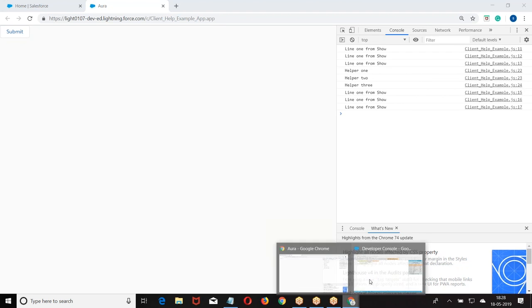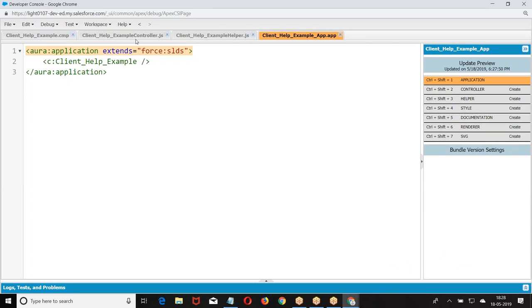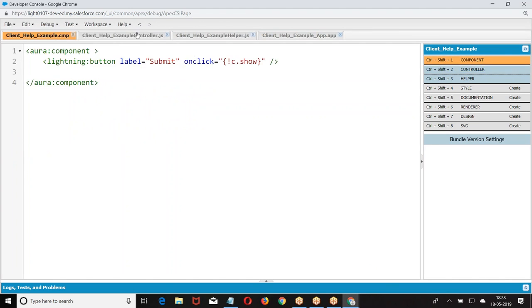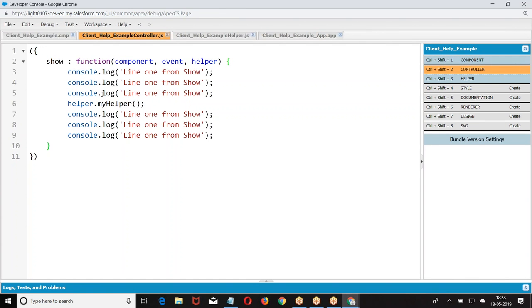Now, the second point here, when you click on the button, it is calling a client-side controller. The client-side controller is calling the helper. Helper method cannot be called directly from the component. When you define any other function,